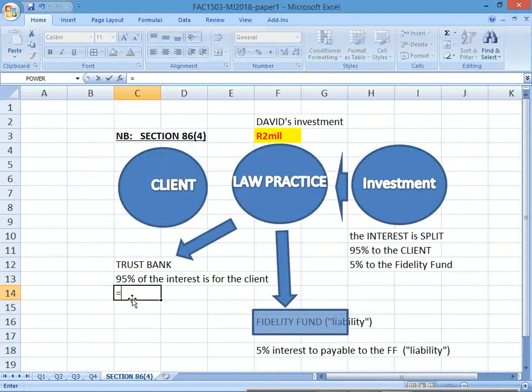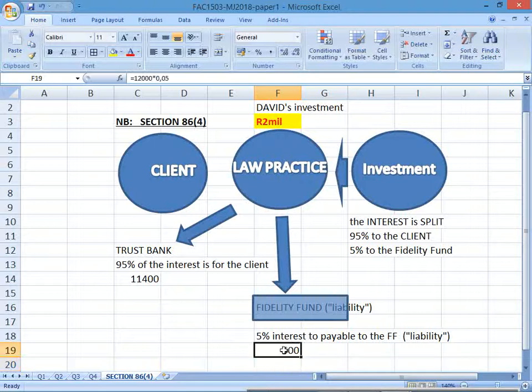Okay, so let's work that out here. 2 million times 95%. Oh, the interest. 12,000 times 95%. Okay. There's the one amount. 12,000 times 5%. Okay, there's the other amounts. Right, so those two amounts,